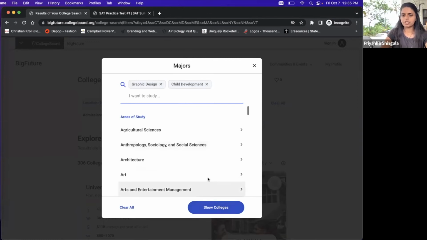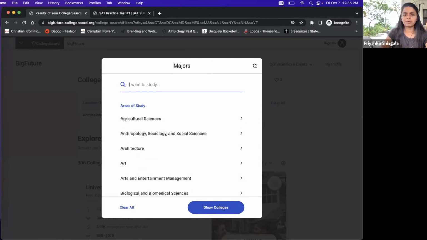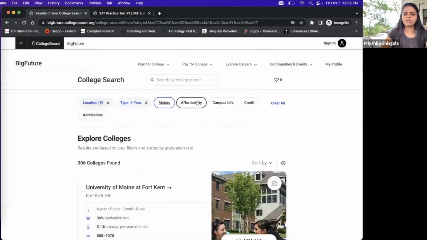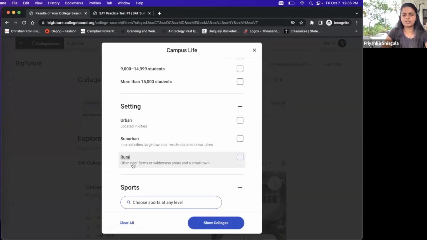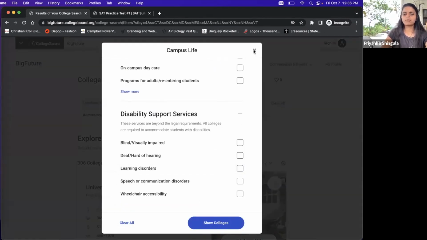But then you can also do show colleges there and it will narrow it down for you. If you don't know what it is you want to do, that's okay. Pick everything that you do know. So what kind of a university do you want in terms of size? Maybe you have an idea. What kind of location do you want? And so on. This will be one of the ways you filter.